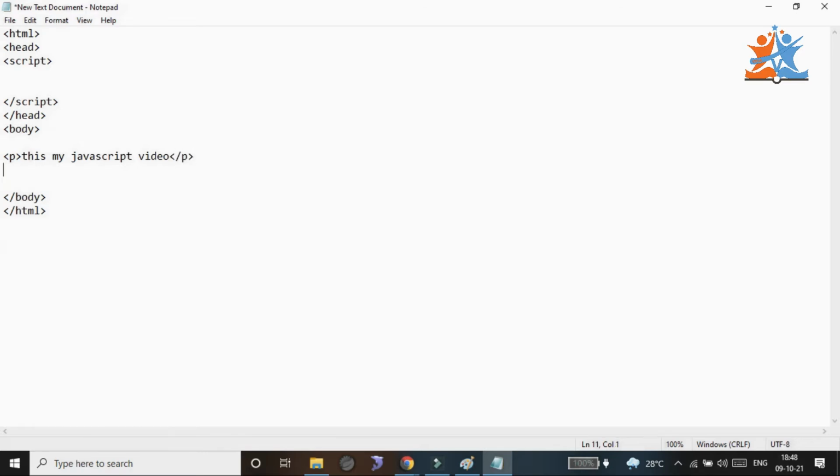After that, I want to add a button, so I have a button tag. In between the button tag I give the button name, which is click. Here I need to close the button tag. If you observe, whenever we save and run, you will see this first.